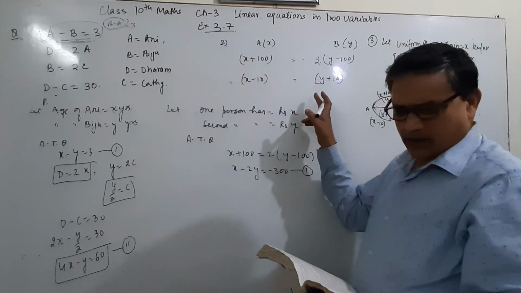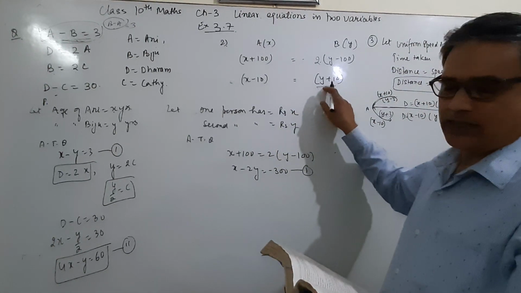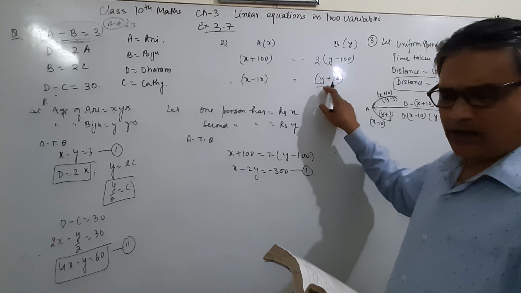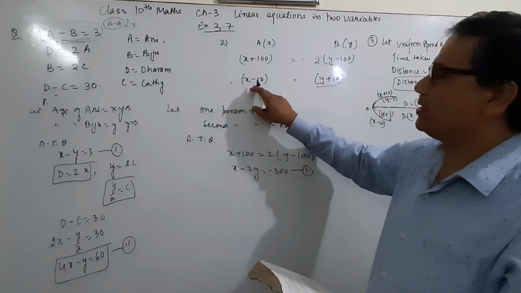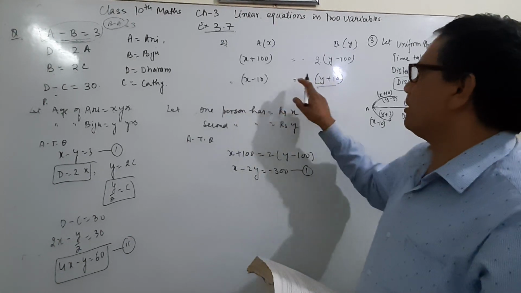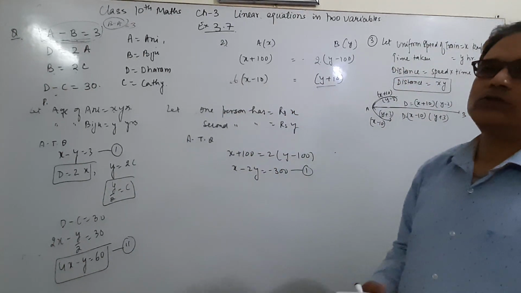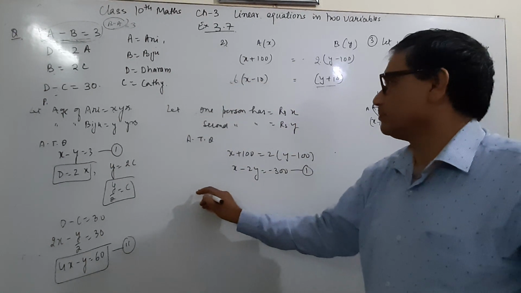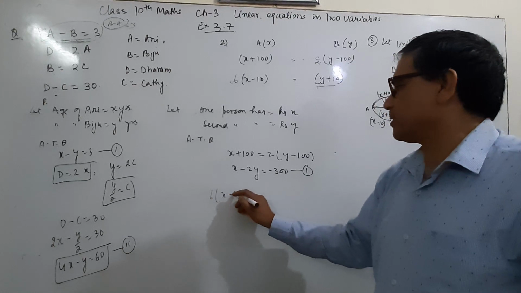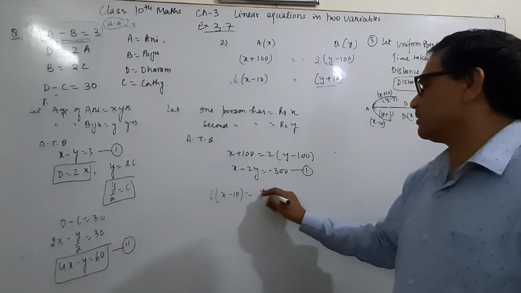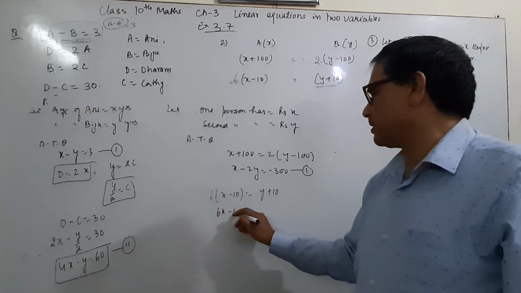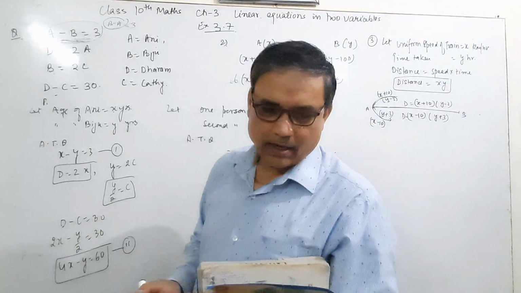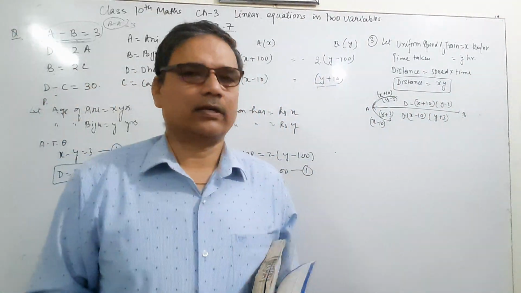And then what is he saying? He is answering the question: if you give me 10 rupees, then B will be 6 times as rich as you. The money which B has will be 6 times what you have. This is your second equation: 6 bracket X minus 10 is equal to Y plus 10. Open the bracket and 6X minus Y is equal to 70. This is equation number second. Find the value of X and Y. You solve it yourself and check the answer yourself.